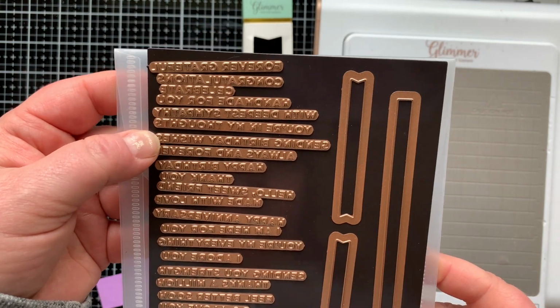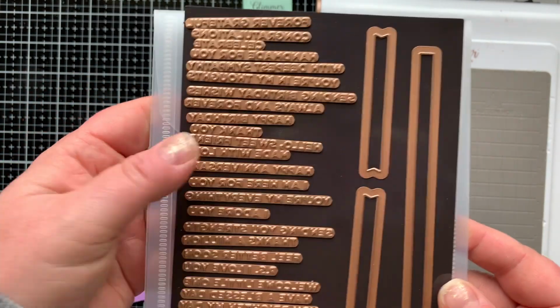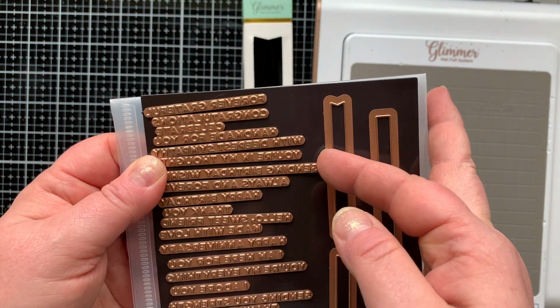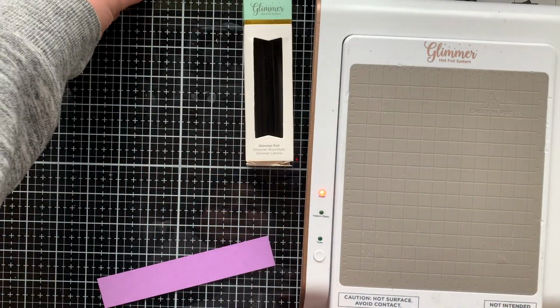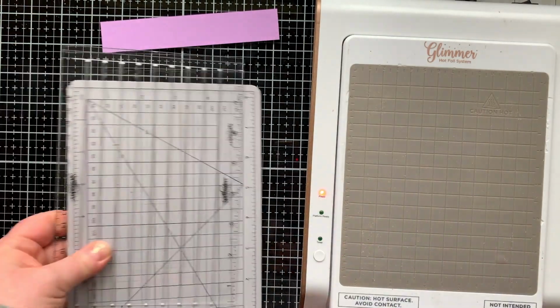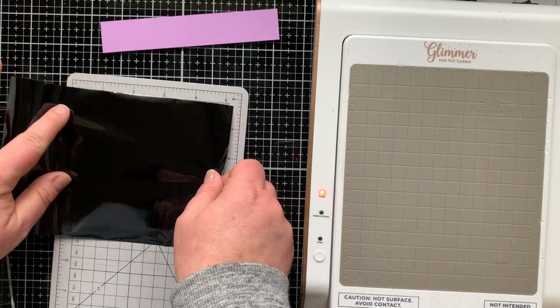Next, I'm going to add a Glimmer hot foiled sentiment. Hot foil is hot right now. I love it. I have done lots of Glimmer hot foiling. This is a new everyday sentiment Glimmer hot foil set from Spellbinders. All of those sentiments are Glimmer plates, and then there were some dies you can use to cut them out